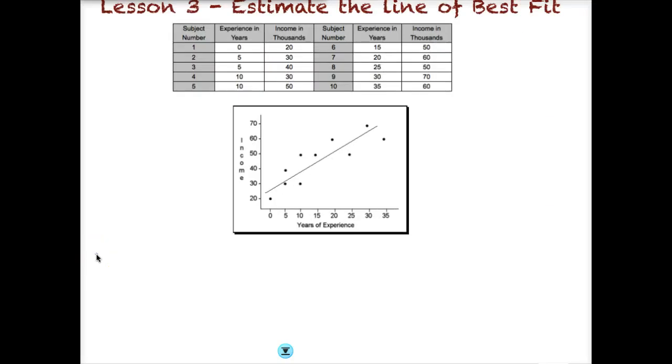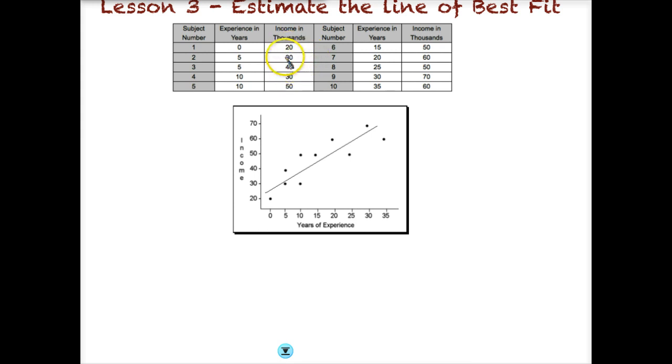Okay, so here we want to estimate the line of best fit. And what I've provided is a table. So what we've done is gone through and interviewed, it looks like 10 subjects, and we asked them their experience in years and what their income was in thousands. And we wanted to see if there was a correlation between how much experience you have at something and how much money you make. So we say income in thousands, but we've only written it as 20 instead of 20,000